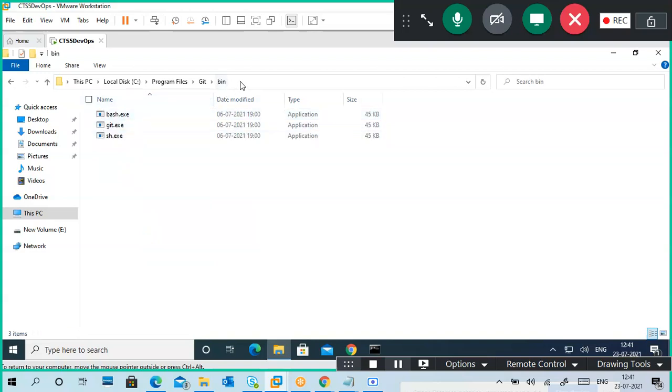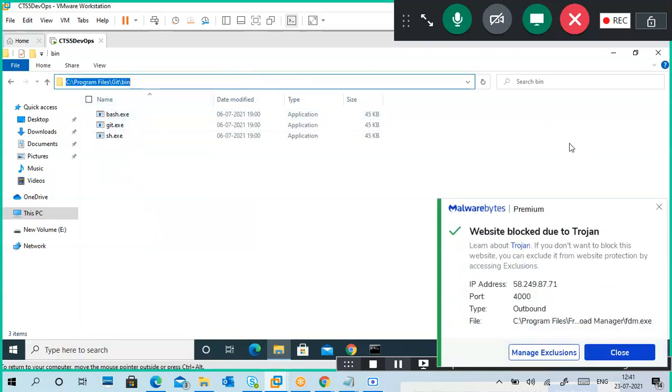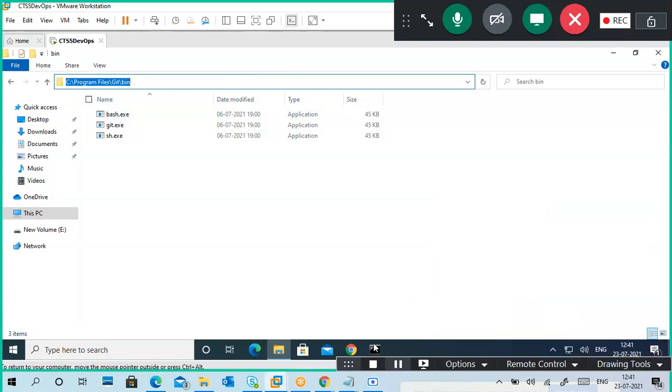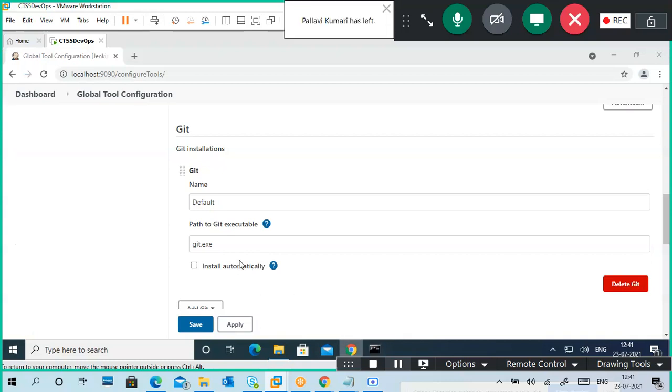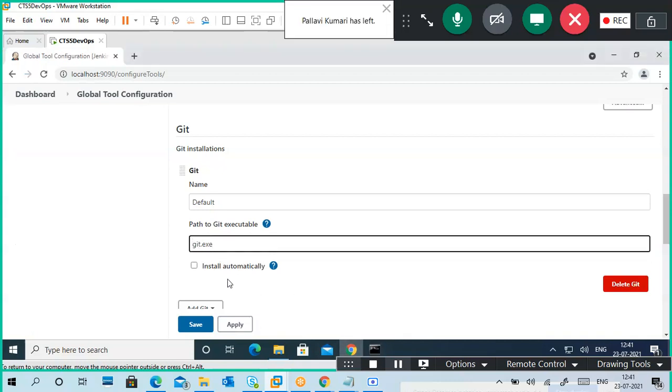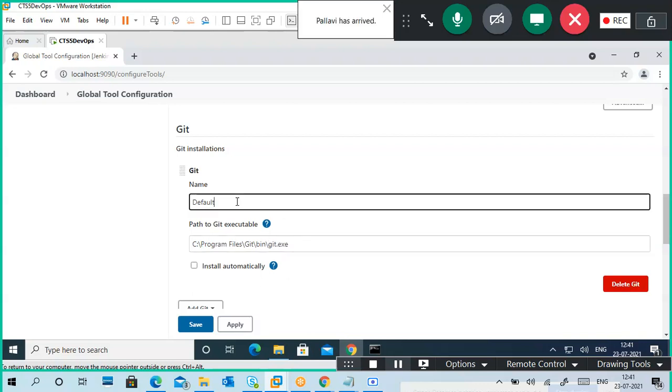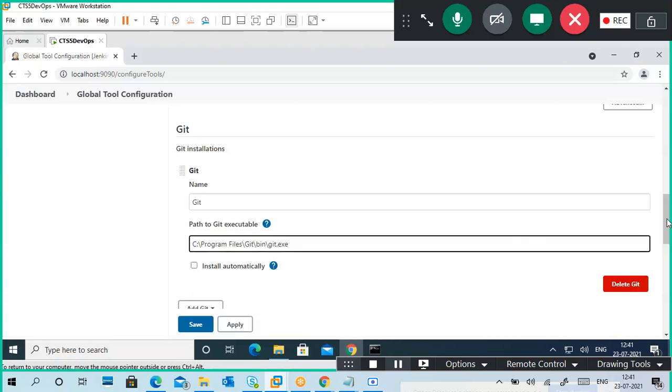This is the git.exe, right? Here you have to give it. It is not a home path; you have to give the .exe itself. It is showing default. Instead of that, I put git. I'm not installing it, I am just telling where the executable file is located, to execute from here.